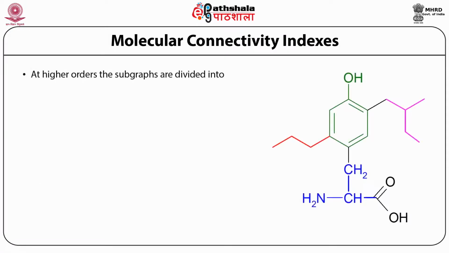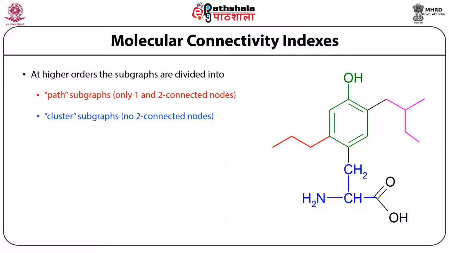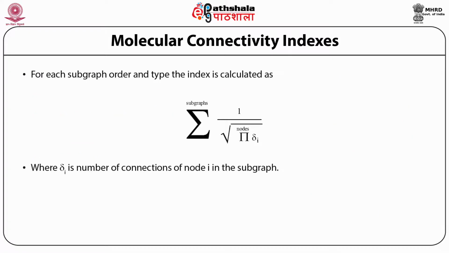Here are examples of the connectivity index. The colors actually match that. So path subgraph, only 1 or 2 connected nodes. Cluster subgraph, like this is the number 2 connected nodes only. Path clusters, any sort of node can be explained. Chain is a subgraph which involves the rings. And these are 4 higher order subgraphs. Most often we can use the subgraph for finding similarity or substructure. Each subgraph can be expressed mathematically by this kind of annotation, which is written here.